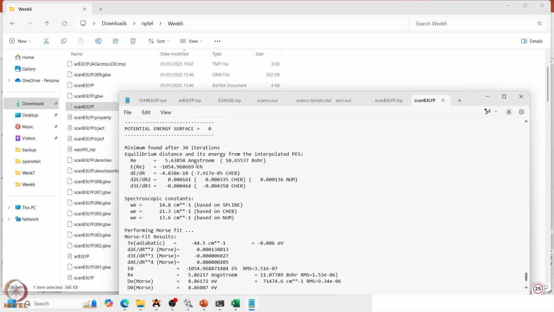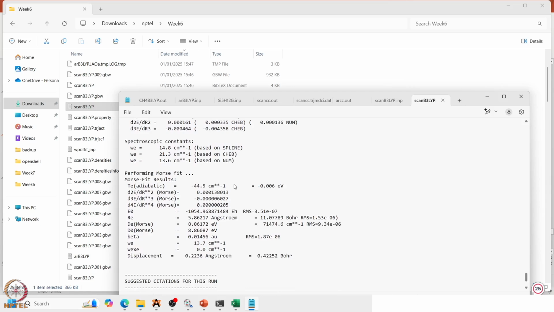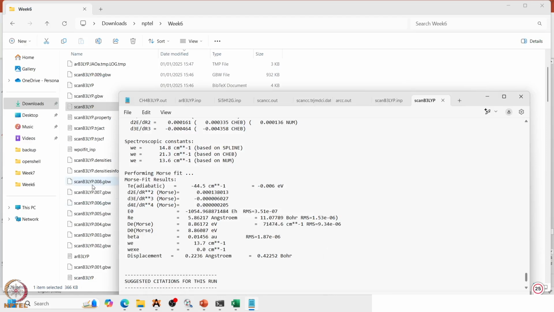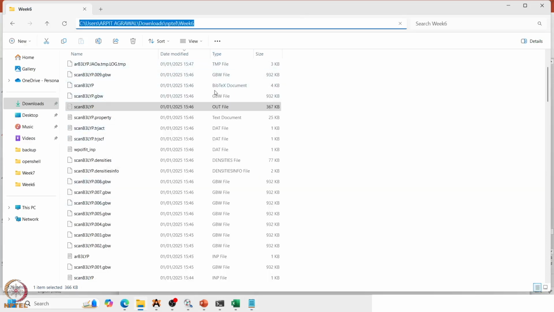So here also it finds actually a minima, but the minima is very far, and when we will plot you will see whether it is a real minima or not. So let us go to the trajectory file from where I can copy the